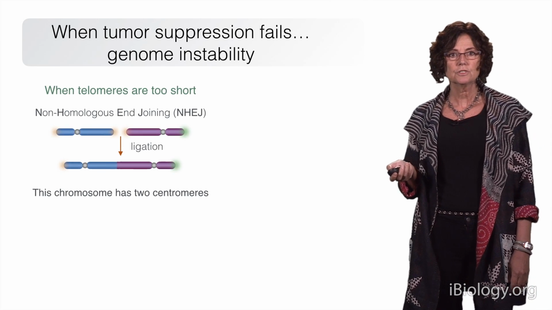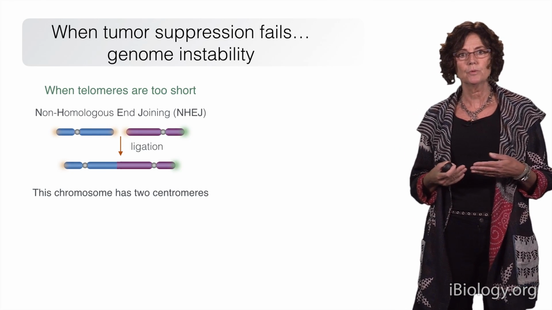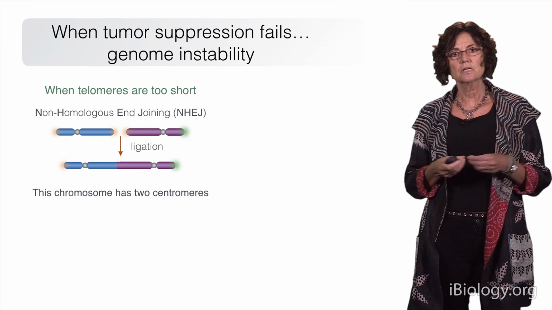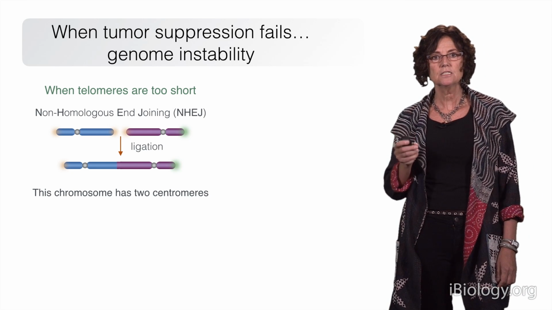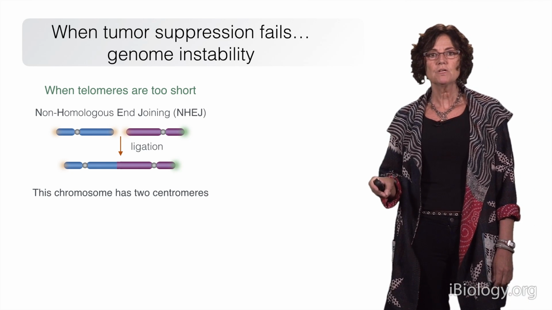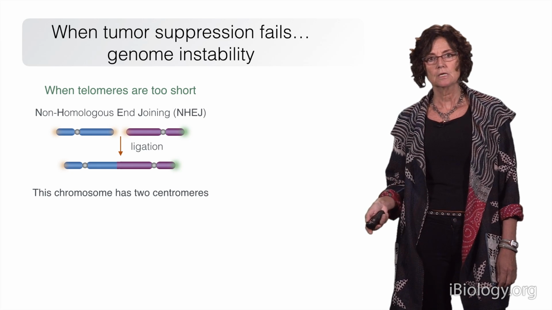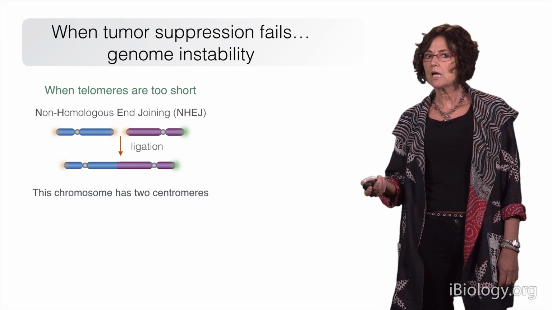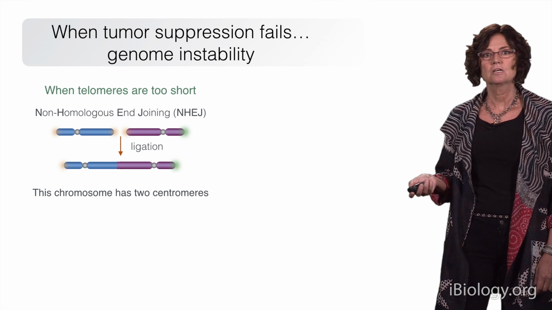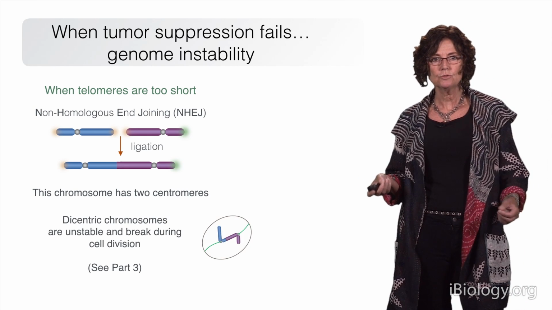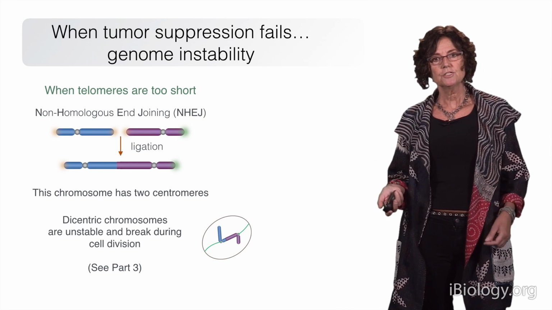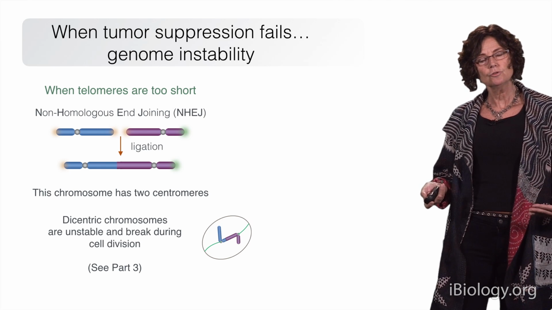So what happens under those conditions is that the non-homologous end-joining pathway finds two telomeres, because there are now many, and they can find each other in the nucleus and ligates them together. And this is a disaster, because the chromosome that has been formed by this reaction now has two centromeres. And centromeres function to allow chromosomes to segregate in mitosis by attaching to the spindle apparatus. But the dicentric chromosome that has two centromeres can misattach during mitosis, as shown here, and lead to a problem